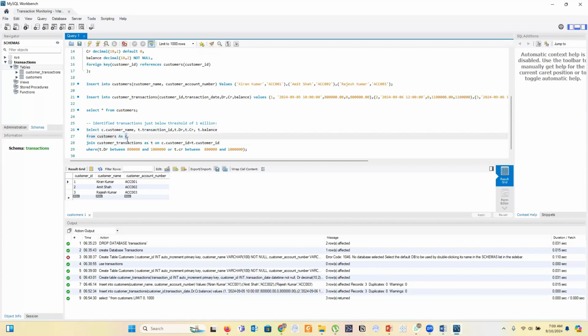So this is a short form of the customer table. If I didn't use these C or T characters, I would have to type the whole name of the customer table here, or customer transaction. It will not be understandable. So I'm using just a short form to name these tables. And we are extracting customer name from the customer table, transaction ID from the transaction table,